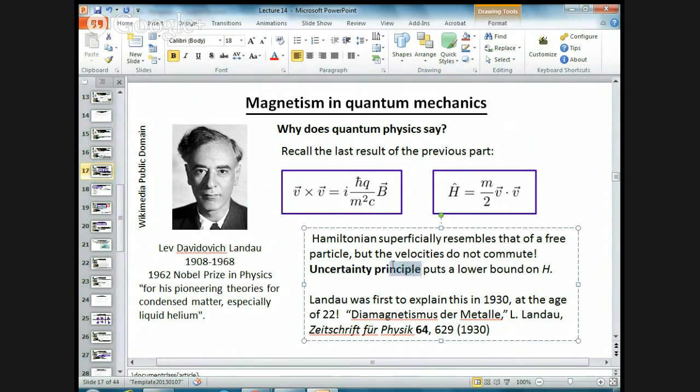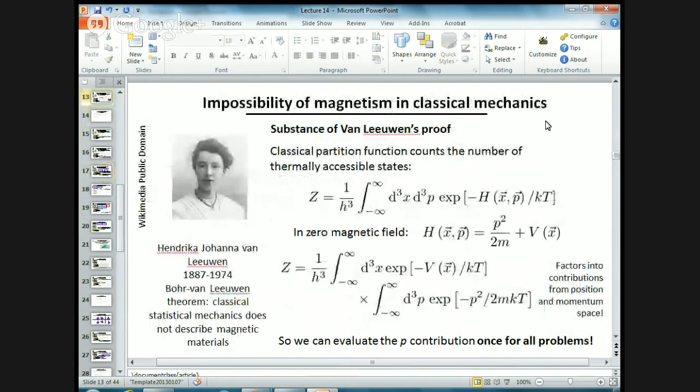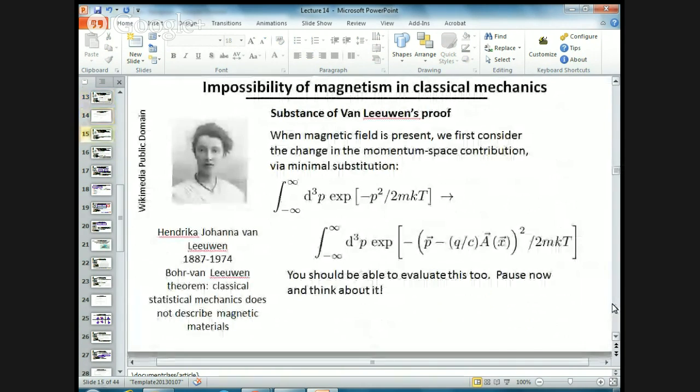So as we're going to see now, in classical mechanics, for example, the Hamiltonian can be 0. Just have a particle at rest, or you can choose a constant where the Hamiltonian function can be 0. In quantum mechanics, as we'll see,